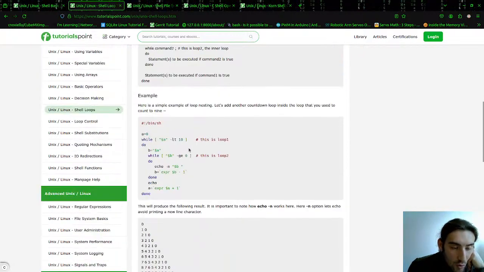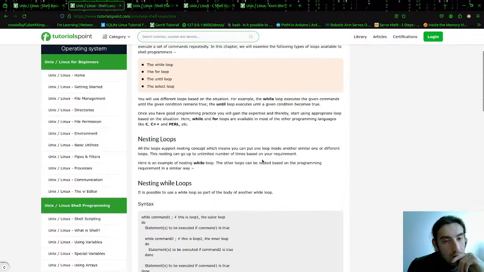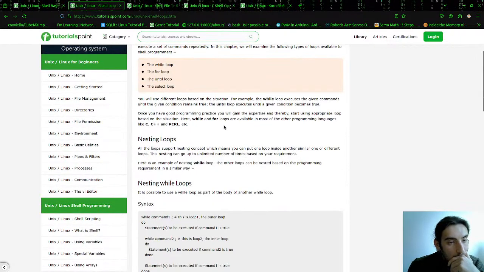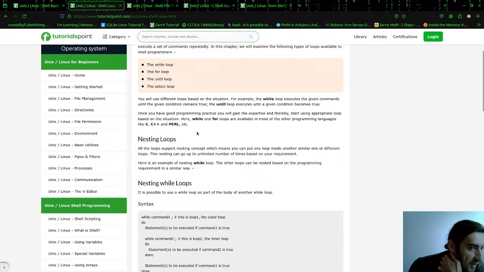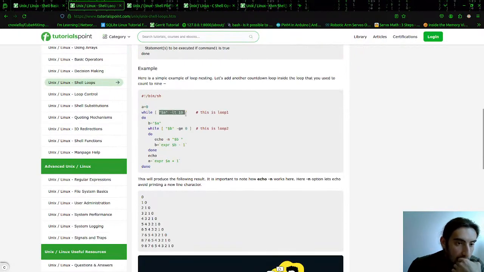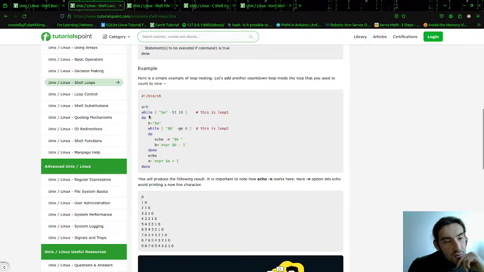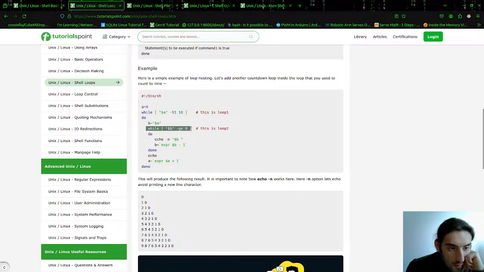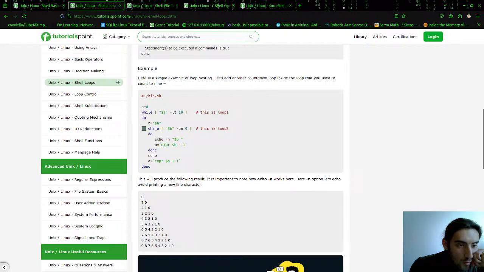Until the given condition remains true. So while this is less than 10, which is true, then b becomes 0, and while b is greater than or equal to 0, which is true,